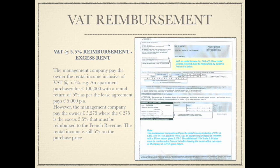This document relates to the VAT reimbursement to the French authorities that must be paid by you once per annum, where the management company pay you the VAT inclusive rental income, where the VAT on rental income is 5.5% versus the VAT on the purchase price of 19.6%. Taking an example, where the management company pay you 5% on the purchase price for a typical apartment,